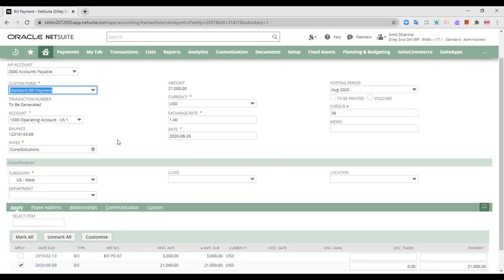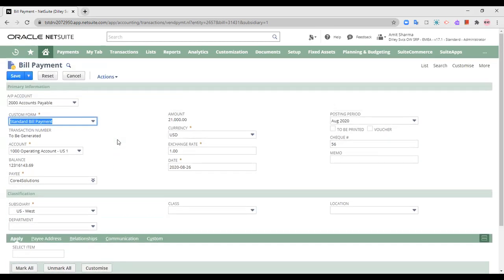So this is how you can actually make a payment of this particular bill. So this is a standard bill payment form. Of course, you can have a bill payment customized form as per your organization. The account from which you would like to make the payment, if you've got 2-3 current accounts, depending on the subsidiaries that you have into your organization, you can select the account from which you can actually pay the amount for this particular bill. The balance in the account will be shown here.